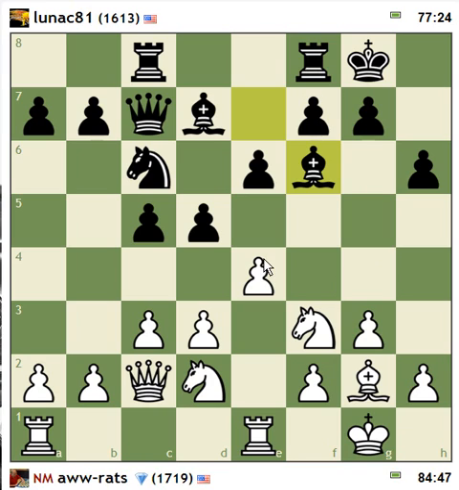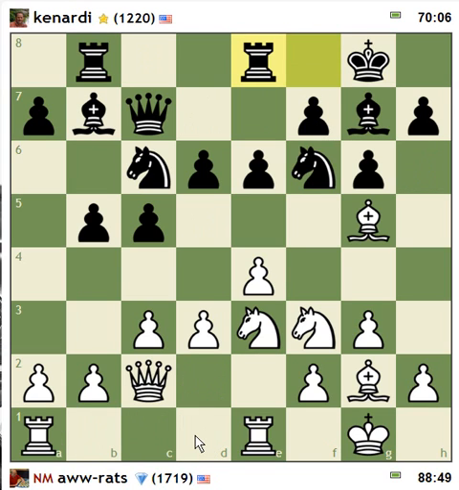Okay, now what's he trying to do here? Take on E4, don't mind that. Do I want to take on D5? Do I want to centralize a rook? I'm going to bring a rook to D1. Okay, he's played rook E8. Now,